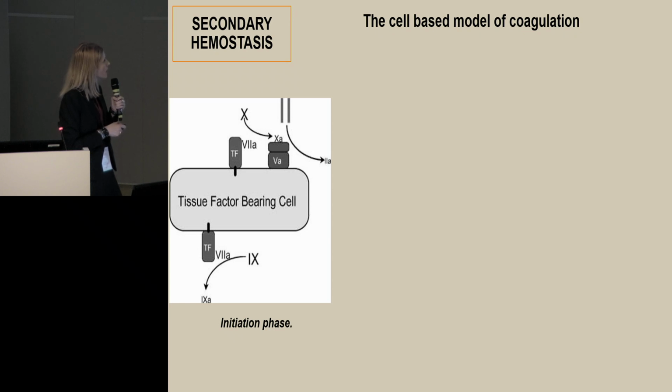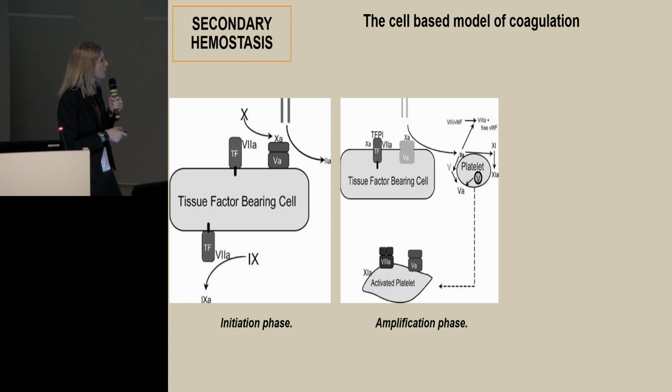And this factor 10, together with factor 5, will activate small amounts of prothrombin to thrombin, which is not enough to start to form the clot and to convert all the fibrinogen to fibrin. But it is enough to move to the next step, which is the amplification phase. It means that these small amounts of thrombin